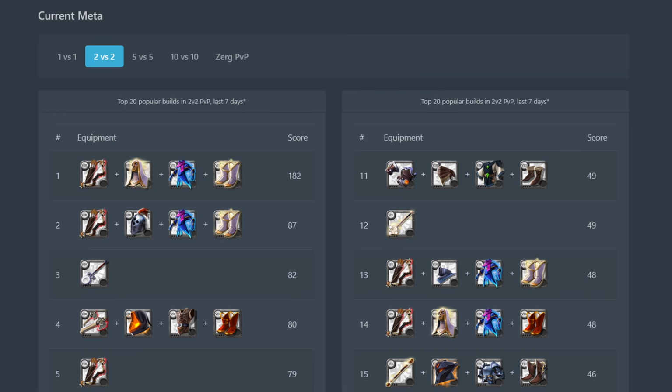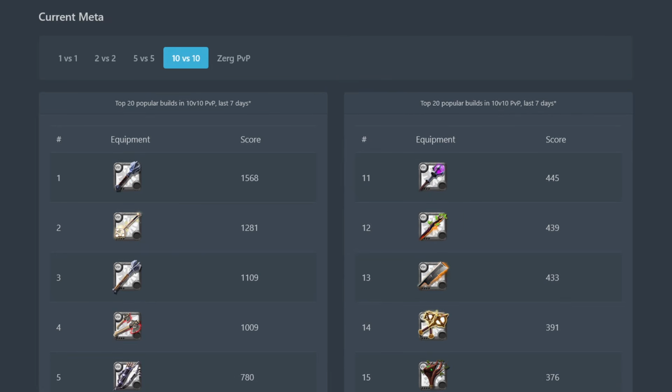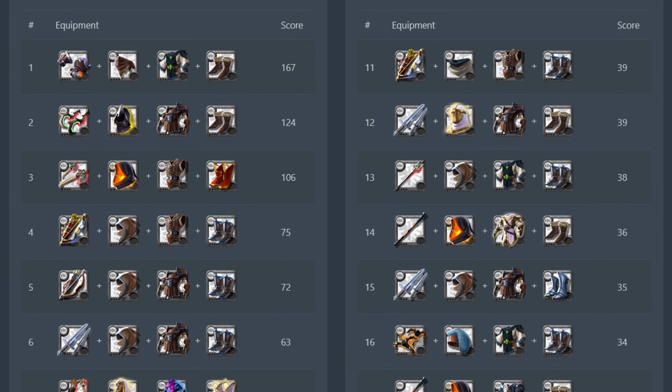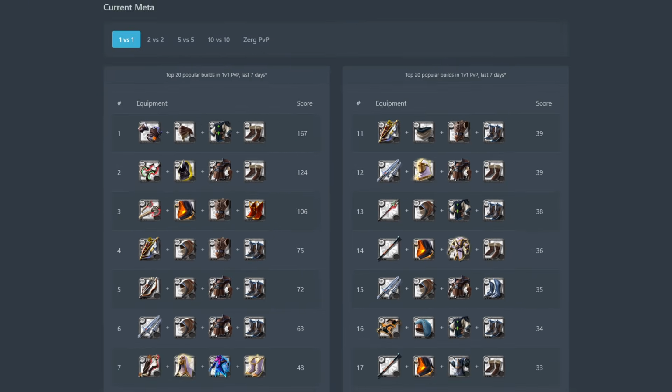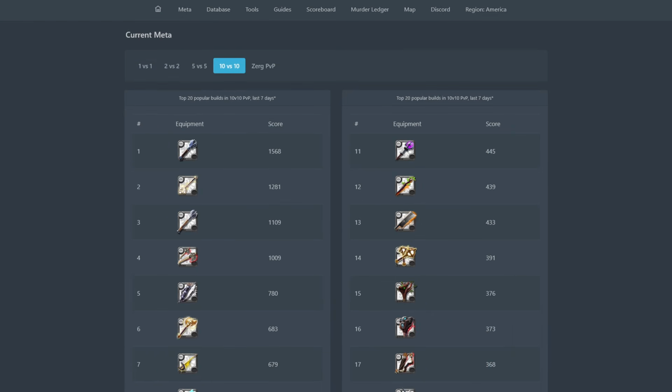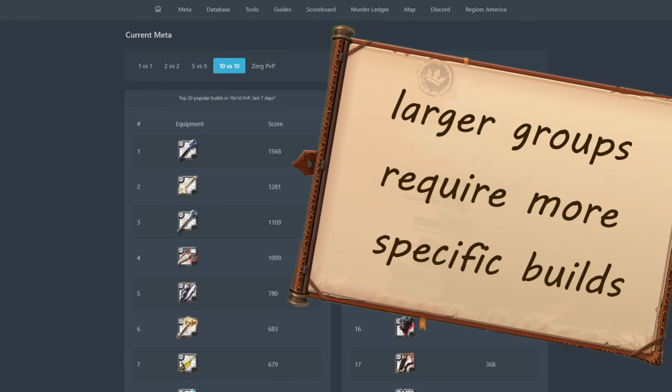This is a fantastic place to start if you are looking for a new build to try or wondering what items you should start speccing up if you want to be more useful in larger group play. The 1v1 meta page shows you full builds, sorted by most commonly seen for the past week. As you increase the group size, the consistency of full builds goes down, and the page starts to display just weapons. For larger and larger group sizes, you are more likely to encounter custom builds with different gear tailored to